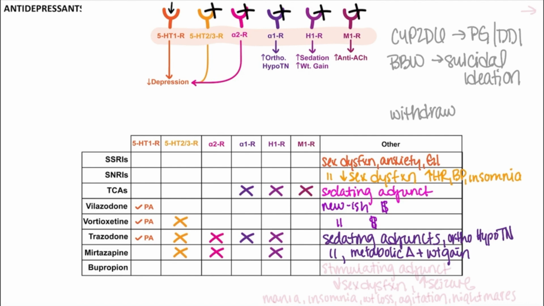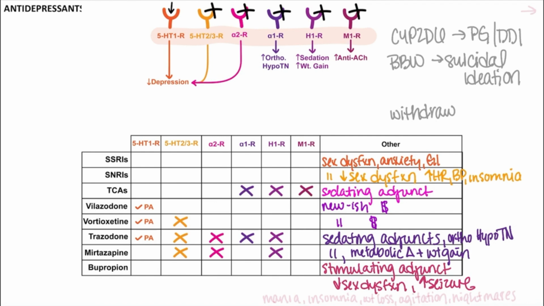And then lastly, bupropion, which is going to be the most stimulating of the agents, and can be used as an add-on for those experiencing excessive sedation throughout the day that need combination therapy, for example. So because this is going to be more specific for norepinephrine and dopamine targeting, this agent is going to have our lowest risk of sexual dysfunction. But this agent does come with a risk of seizure and should not be used in those that have a predisposition.